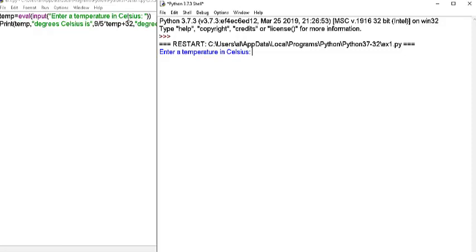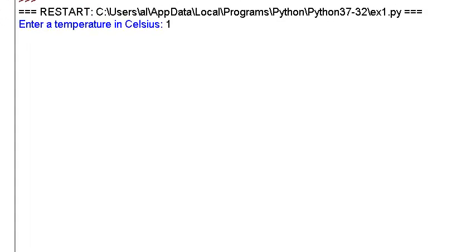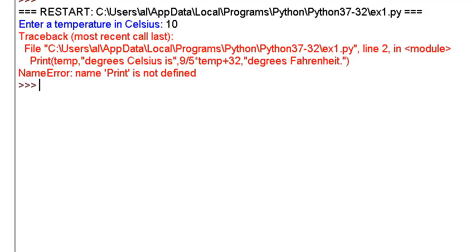Remember that Python is a scripting language. What it means is that it's not going to create an executable file at the moment. It's just going to execute each line one by one until it either ends the program or it encounters an error. The first line of the code, there is nothing wrong with it, so it's just waiting for an input for the temperature in Celsius. Let's say the temperature is 10. As soon as I hit 10 and then enter, you can see that the error message in red appears on